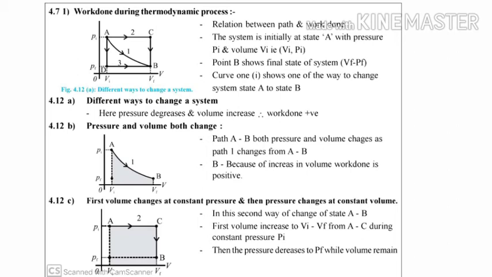Thus, as the volume increases and the pressure decreases, this is the outward movement of the piston, followed by the point A to B along path 1, for the change in state from the initial to the final one. There is nothing but the outward movement of the piston, so the work done will be positive during this change in state of the process following path 1.